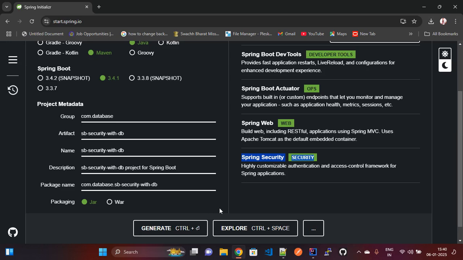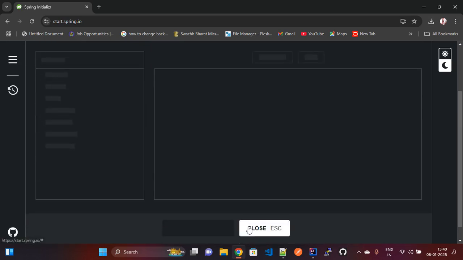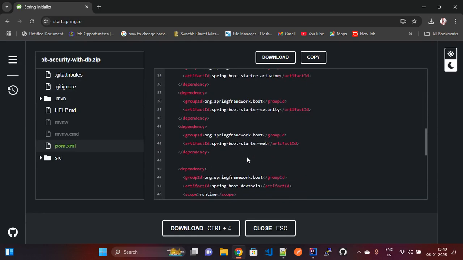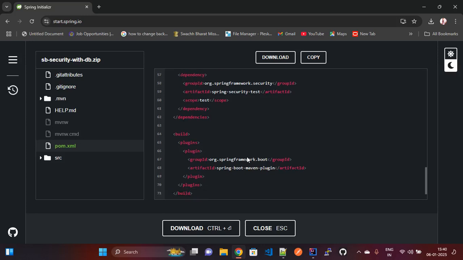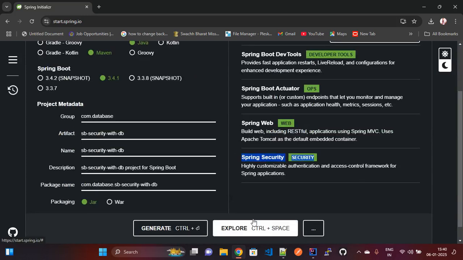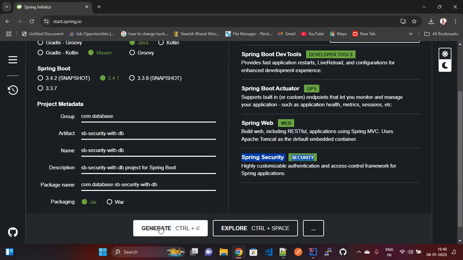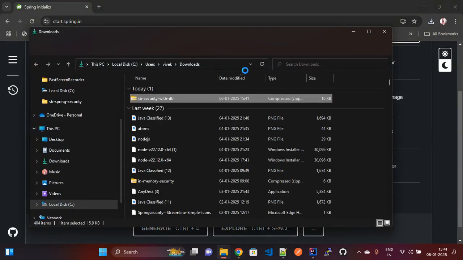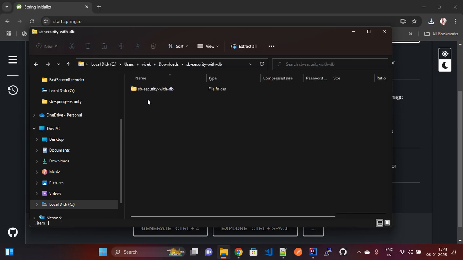So if you want to explore, click explore. You can see here all the added dependencies. Now I am going to close this and click generate for generating the project. Let's wait until the project is generated. Yeah, now the project has been generated. Going to the download folder, copying this project